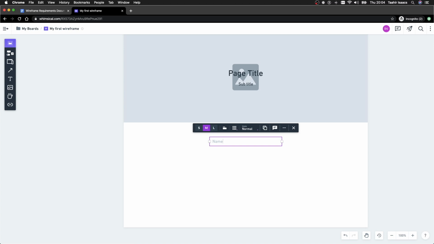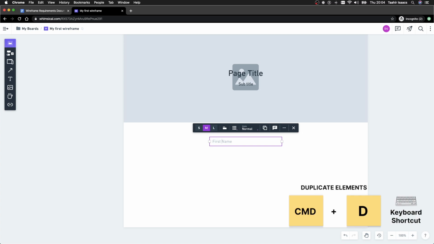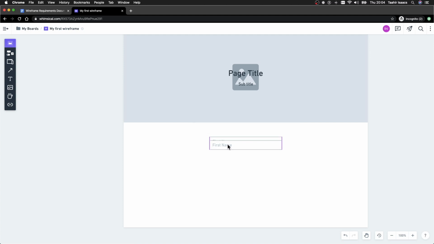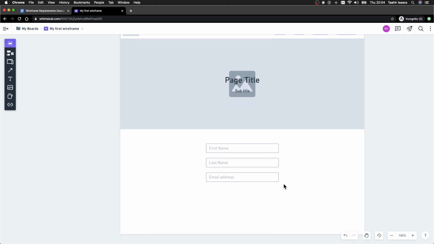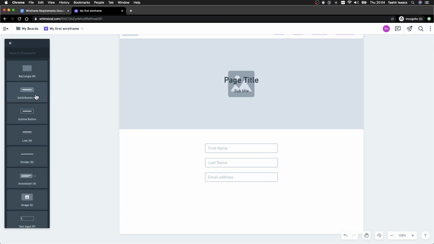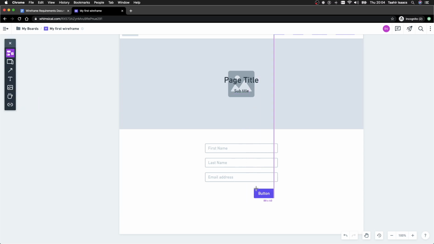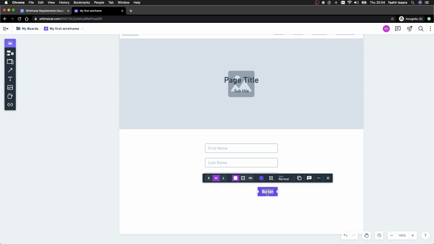And like I did with my page title and subtitle, I'm just going to duplicate this input for my last name and email address input fields. Now I need my submit button, and I can go back to my element side and select solid button and drag it down below my input fields, and I'm just going to update the text over here to say submit my form, and I want that center aligned